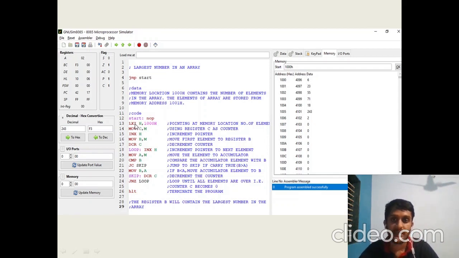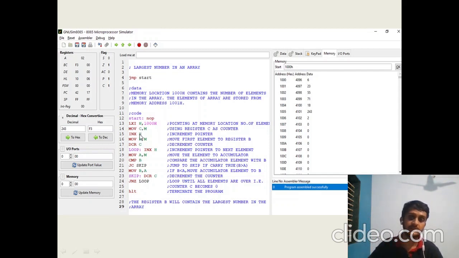The LXI command tells us that we are not referring to the register H, but instead the register pair HL, and we would store the data 1000H, so that the memory now would be pointing at 1000. Now the memory would be containing the data 6, which is the number of elements, which we need to move to our counter C. So the next command would be to move that content from the memory to our counter C.